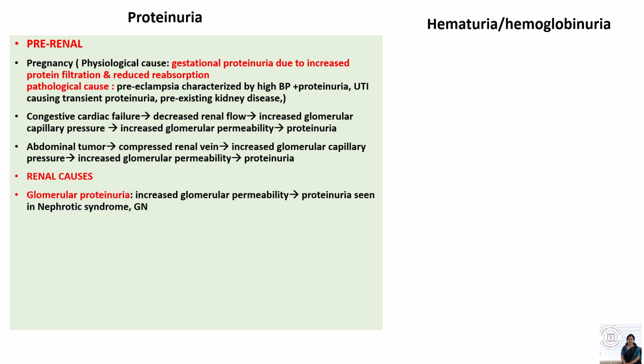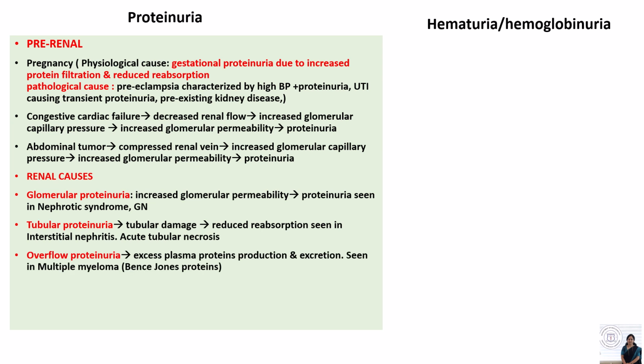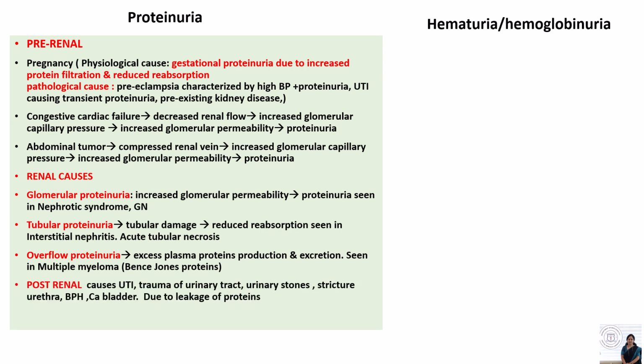Coming to renal causes, glomerular proteinuria is characterized by increased glomerular permeability resulting in proteinuria, mainly seen in nephrotic syndrome and acute glomerulonephritis. The next type of renal proteinuria is tubular proteinuria, characterized by tubular damage resulting in reduced reabsorption of proteins, seen in interstitial nephritis and acute tubular necrosis. Overflow proteinuria is characterized by increased production and excretion of plasma proteins seen in multiple myeloma, and the proteins excreted are known as Bence Jones proteins. The post-renal causes of proteinuria include urinary tract infection, trauma to urinary tract, urinary stones, strictures